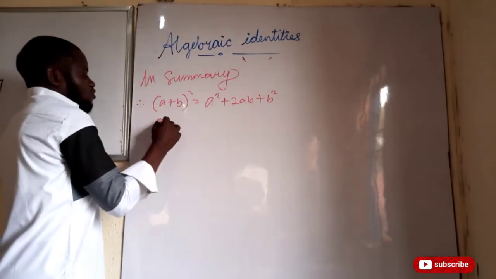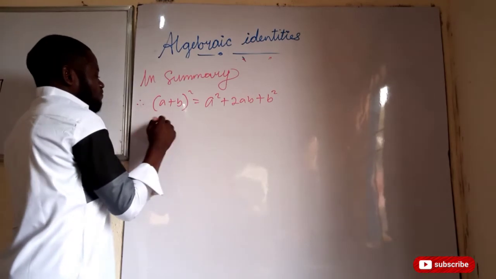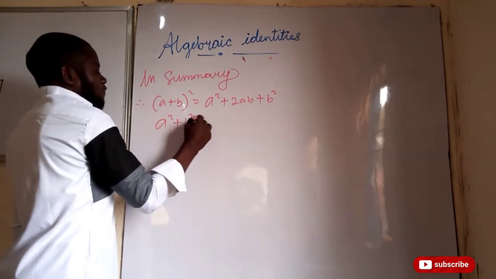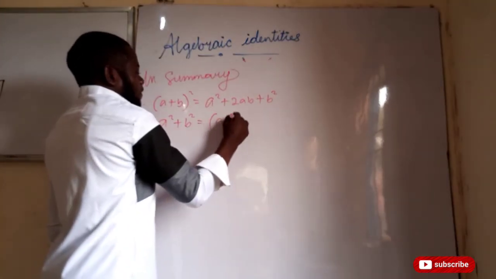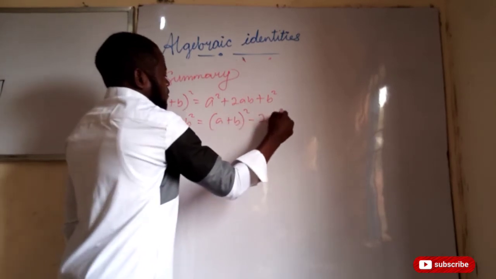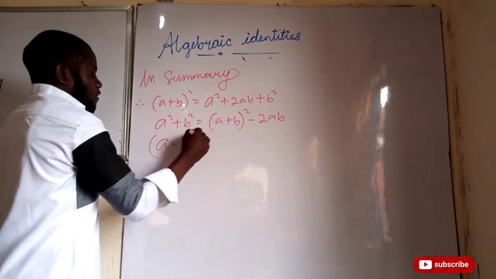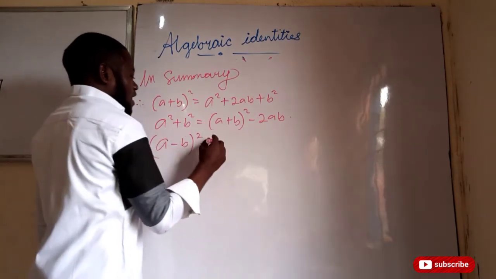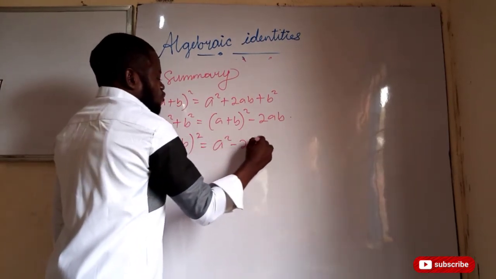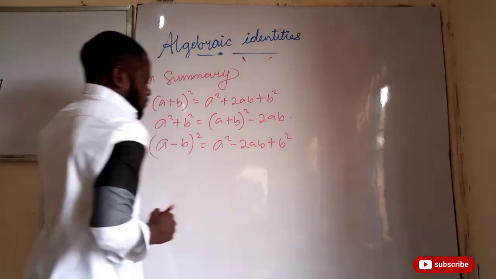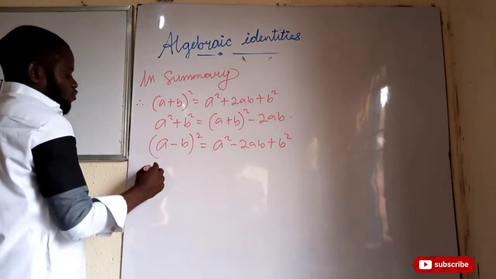Then we have the next one, sum of 2 square, to be a plus b all square minus 2ab. Then we have the third one, which is square of two difference. We are going to have it to be a square minus 2ab plus b square. And we have the fourth one to be,